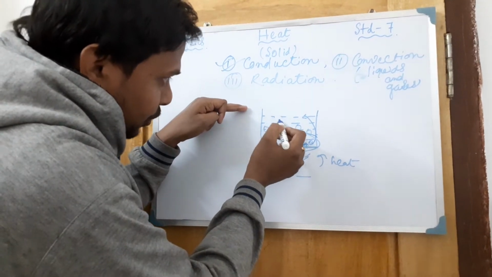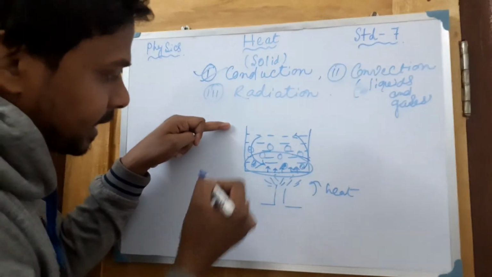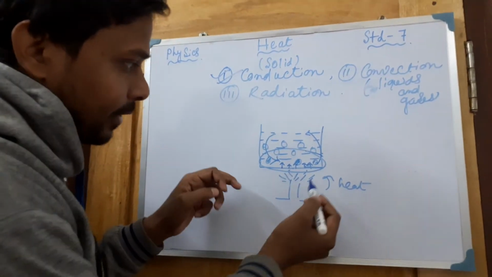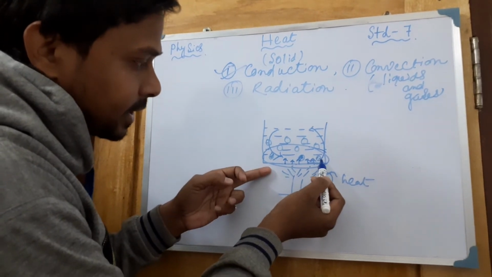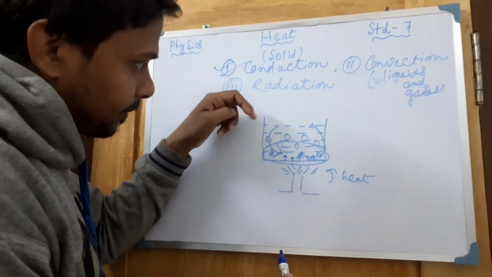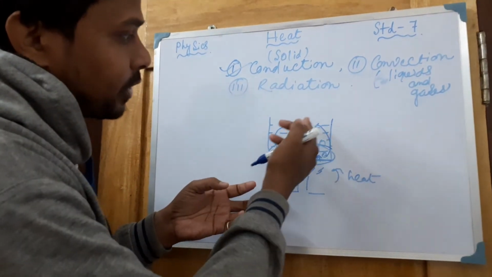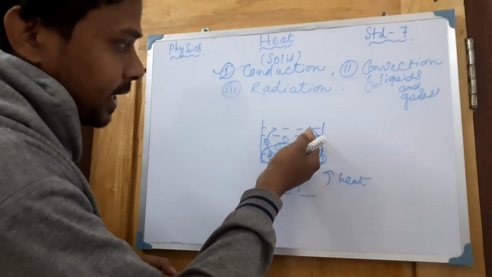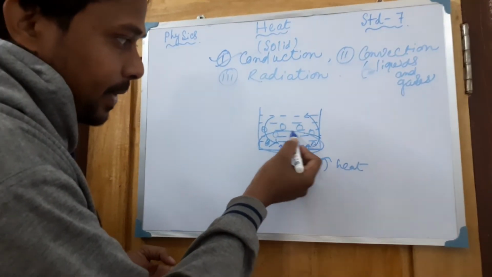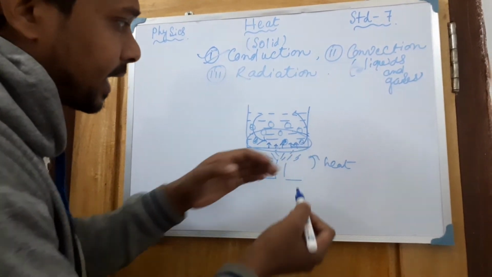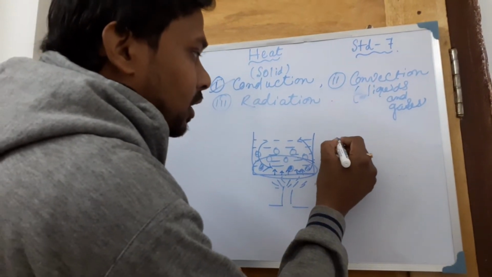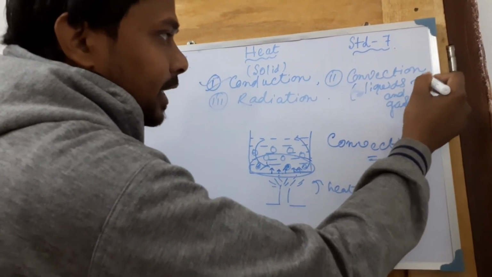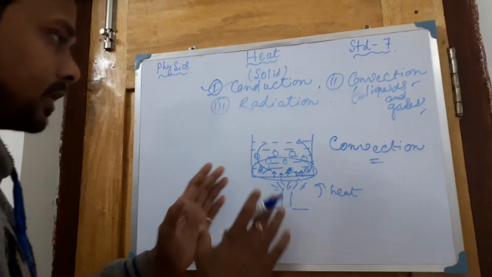Now what will happen? The upper portion of water, which is not so much heated, that is the cold water, will come down here. In this way, hot water after getting heat energy goes to the upper side, and cold water again comes here, gets warmer, and again goes to the upper side. So a recycle process is happening. The warmer portion goes upward, and then cold water comes and fills the gap, and here also it gets heat energy and again goes to the upper side. This process is called the convection process, and this is only for liquids and gases, that means for fluids.